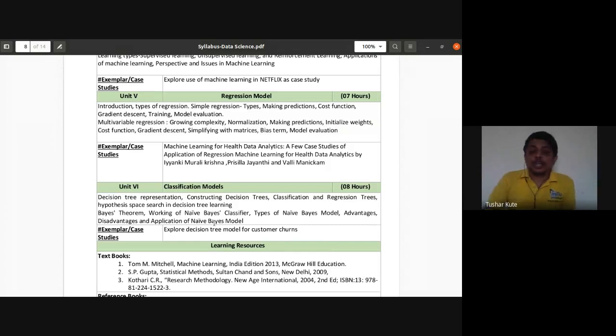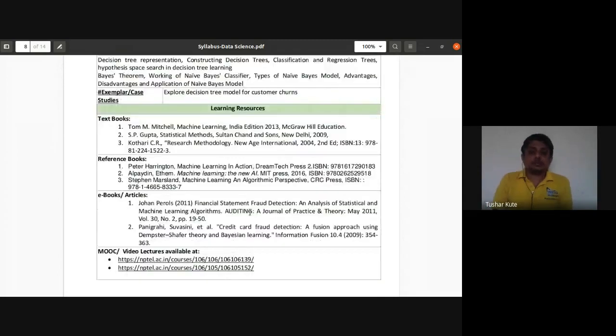Fine. So talking about the overall syllabus and the textbooks which are mentioned, actually the syllabus is not taken from those textbooks. The syllabus is in different textbooks, whose names are not mentioned over here. I will share those PDF files with you once the topics are over. The first book written here is Tom Mitchell's machine learning book. It was written by Tom Mitchell around 1996, 97, and its republications are available.